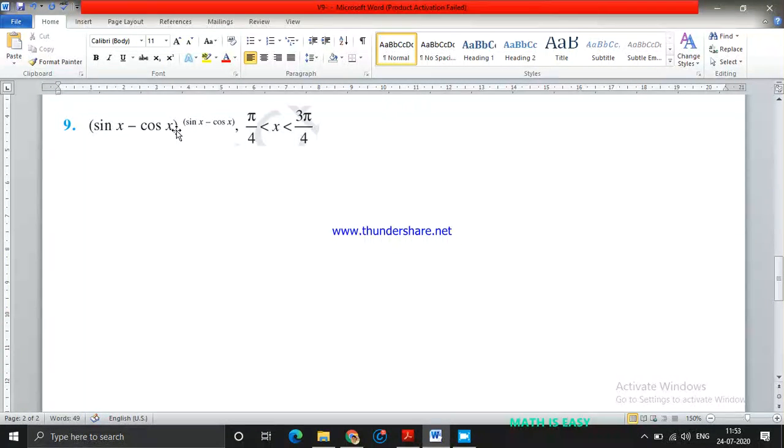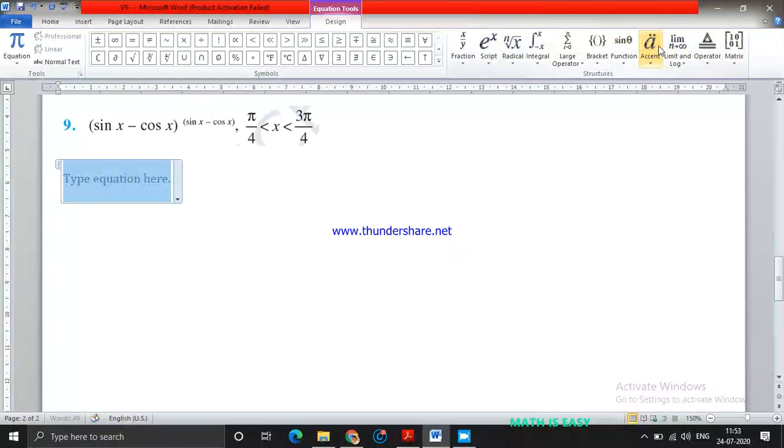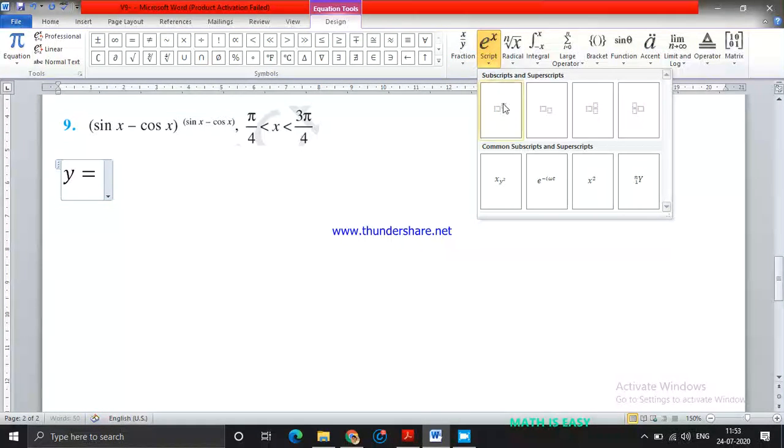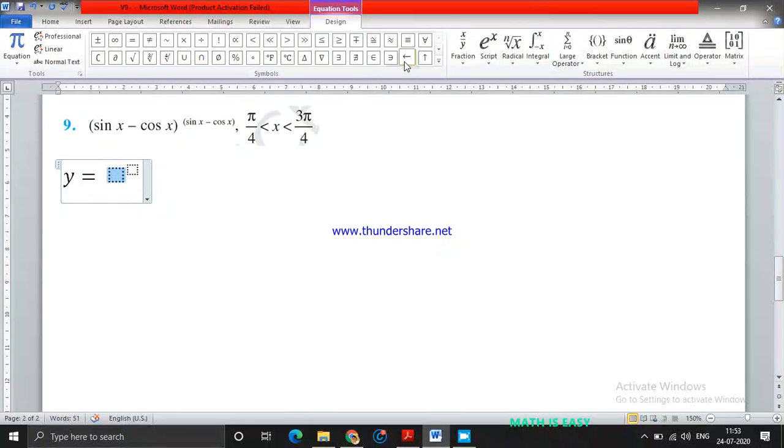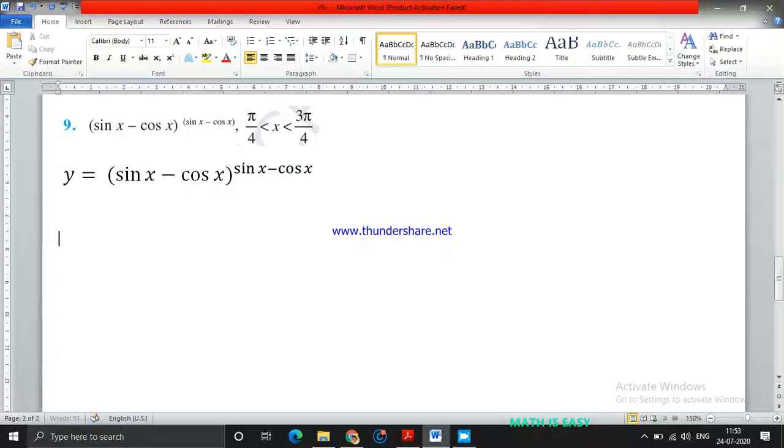Okay. Whatever the question is given, take that as y. I think you remember how we solve this. I'll take the given question as y equals to (sin x minus cos x) whole to the power of (sin x minus cos x). When I apply log on both the sides,